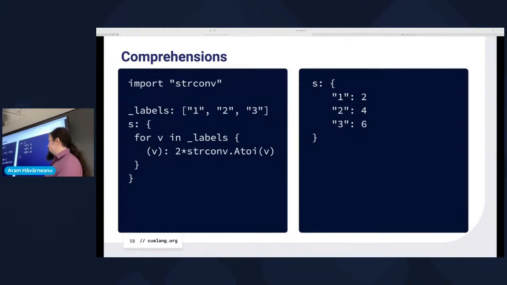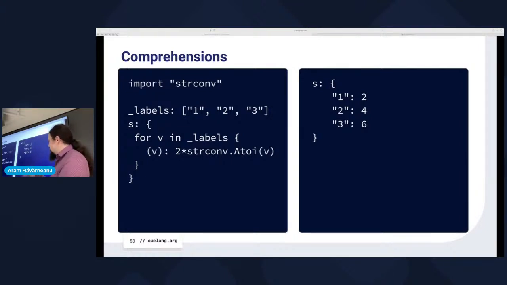So what happens here, for example, is that essentially we can generate new types. So we have a list of labels 1 to 3. By the way, the underscore only means that it's kind of like a lowercase identifier in Go, so it doesn't go in the output. You don't see it in the output. But other than that, it doesn't do anything special.